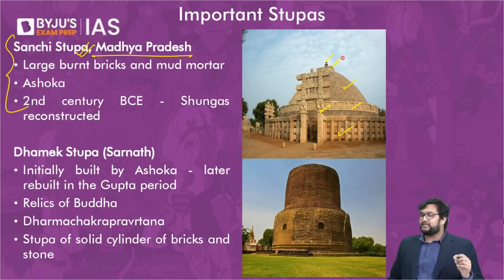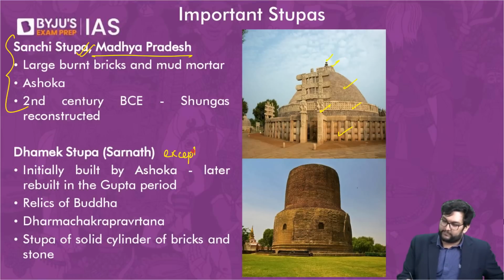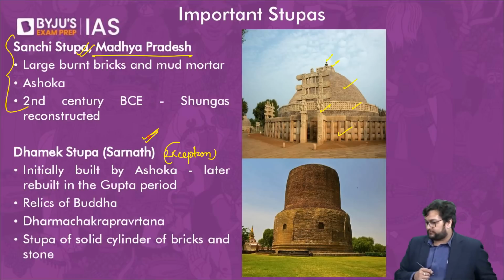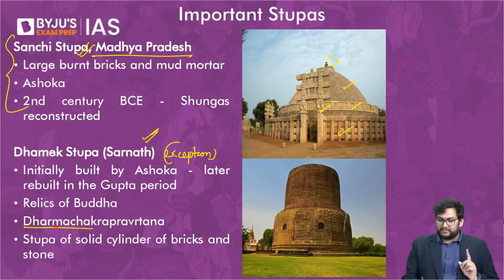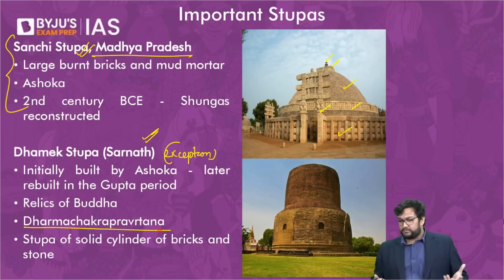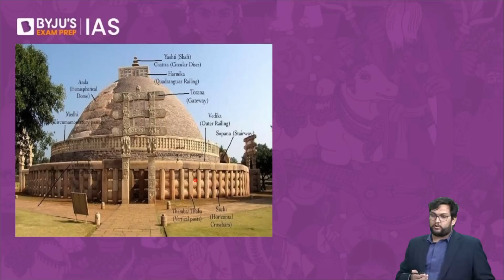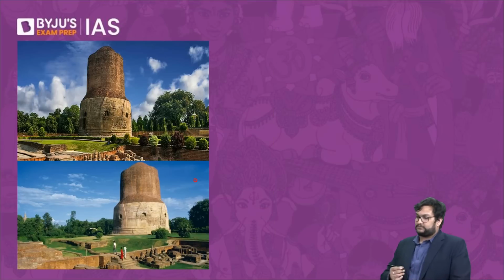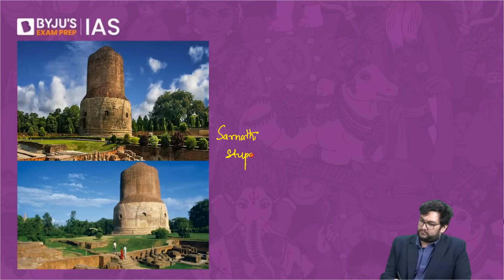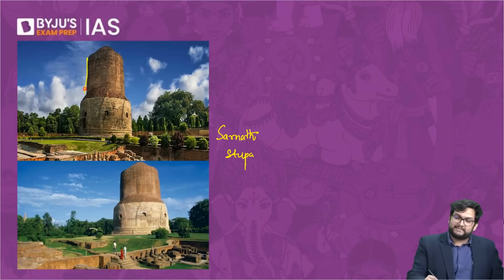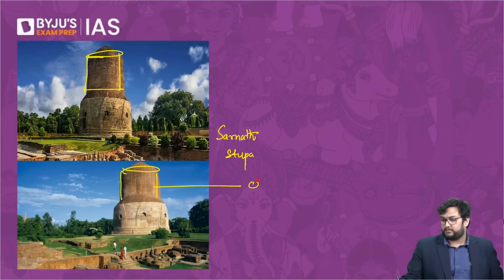But the most interesting stupa, which is also an exception, is the Sarnath stupa. Sarnath stupa, which represents the Dharma Chakra Parivartana, his first sermon itself. What is different about this stupa, made by Ashoka, later even rebuilt by the Guptas? What is the most obvious difference? Most obvious difference here in Sarnath? It is a cylinder. Cylindrical